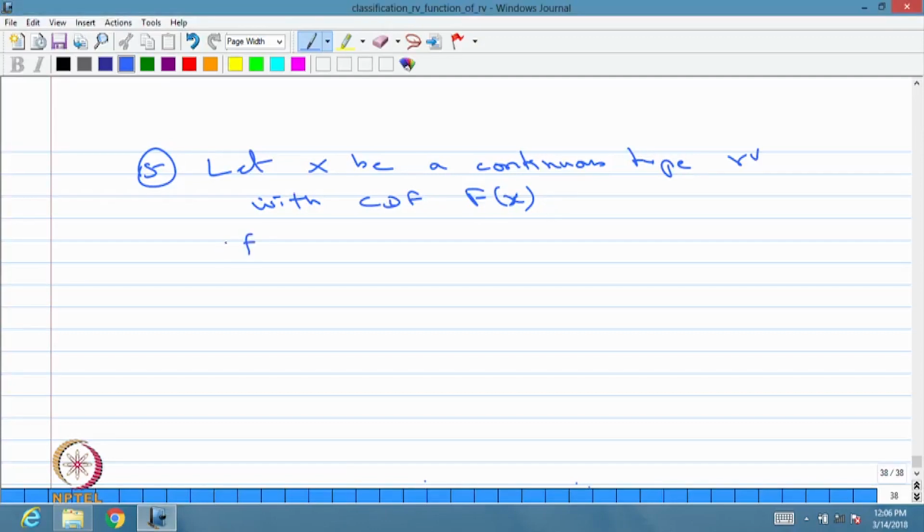If the expectation of X exists, that means the provided condition is satisfied, then